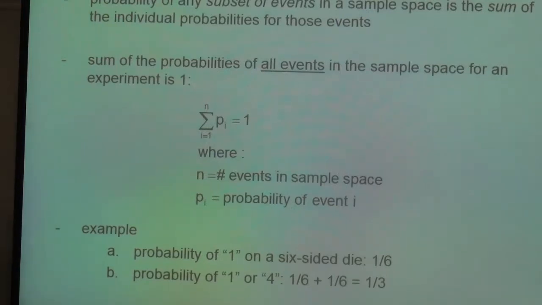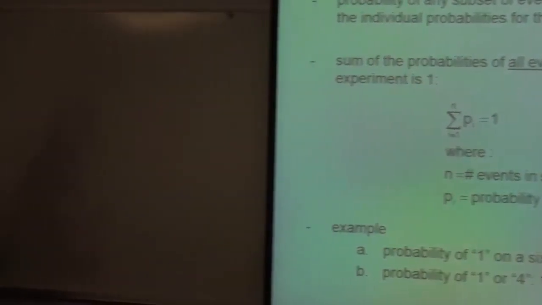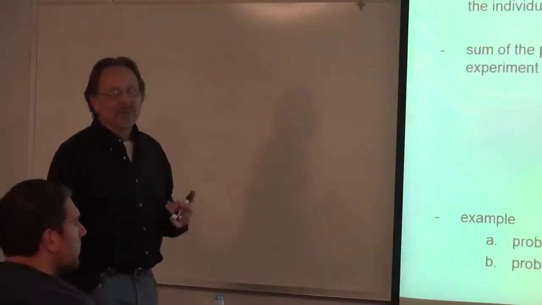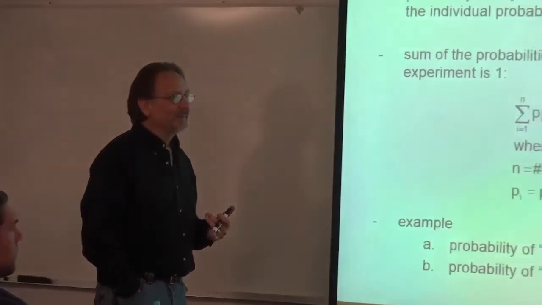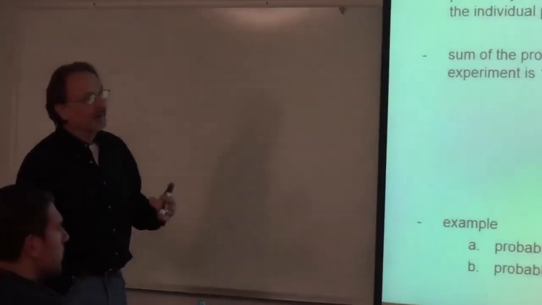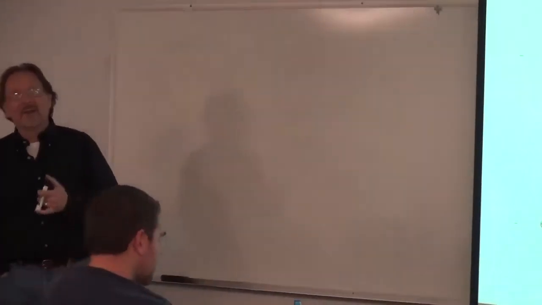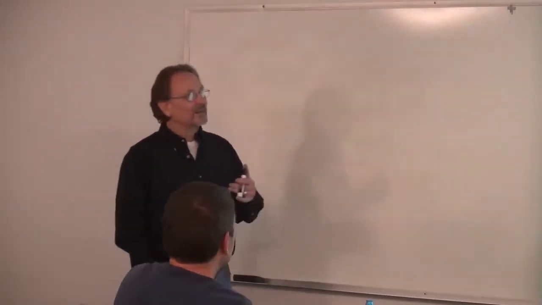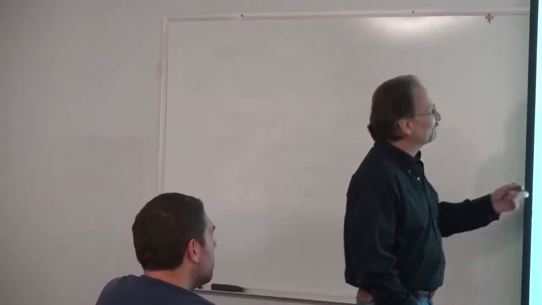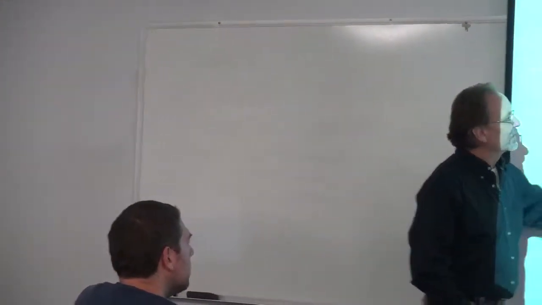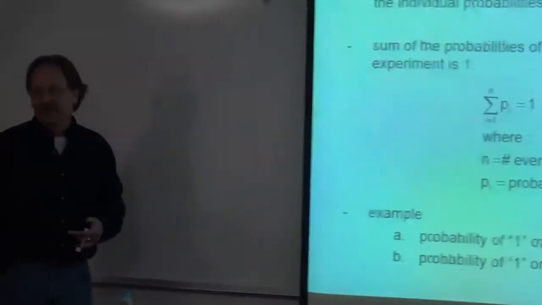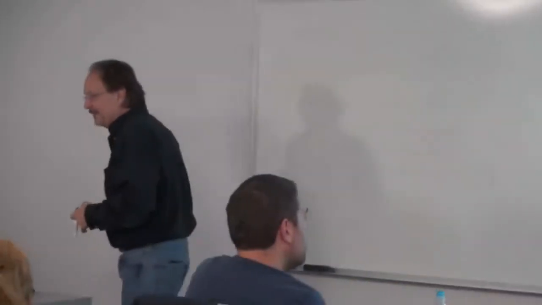And the probability of rolling a 2 or a 6, if I have a fair die, is 1/6 plus 1/6, right? And the probability of rolling a 1, a 2, a 3, a 4, a 5, or a 6 is 1/6 plus 1/6 plus 1/6. Add it up 6 times and you get 1. So this is the addition law for probability.